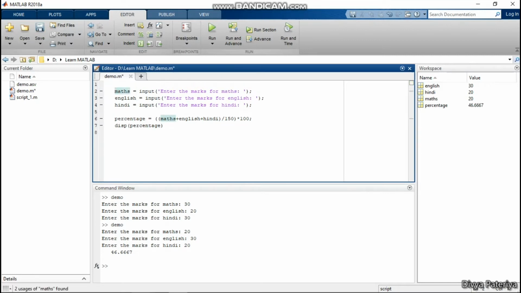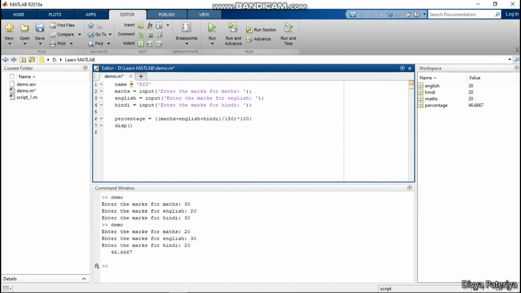Now let's give a name to the student who has got these marks, or whatever marks we are going to enter. Suppose I am naming the student name equals, and I need to put single quotes to tell MATLAB that inside the single quotes we are going to write a string. So if we want to print a mixture of strings and variables inside the display command, it has a syntax. For that I will first delete percentage and then we'll proceed further.